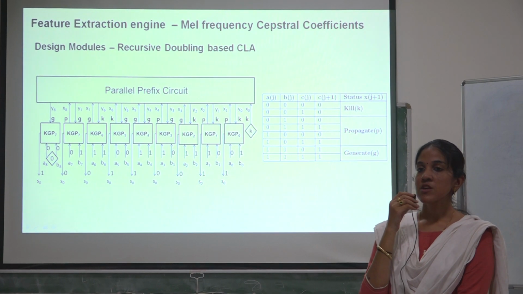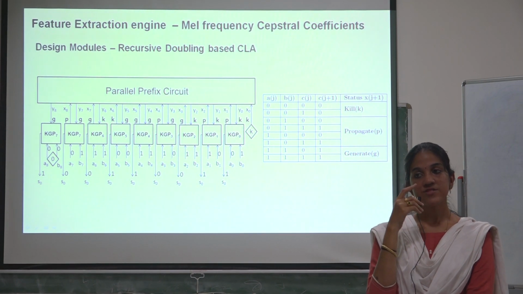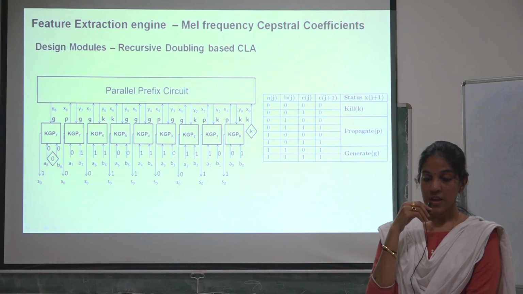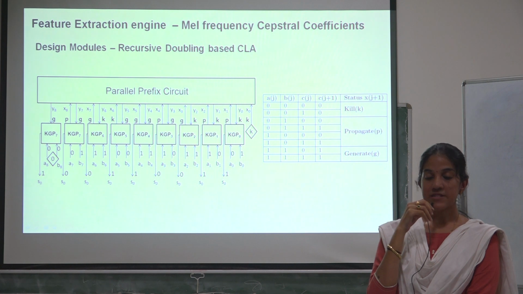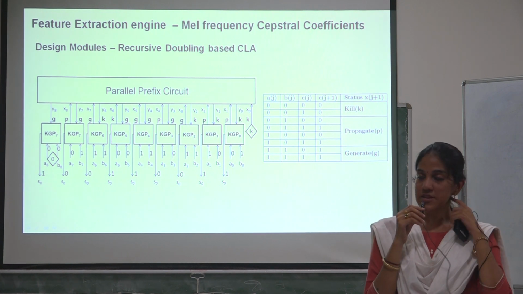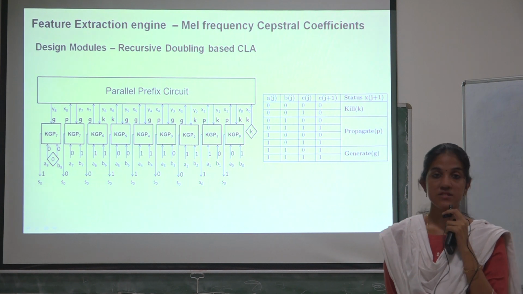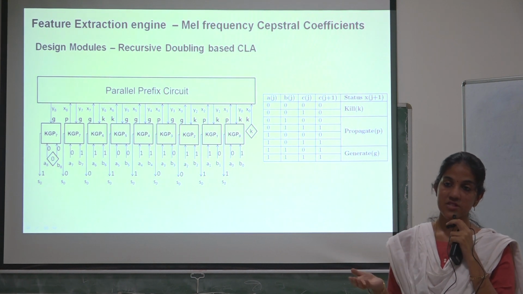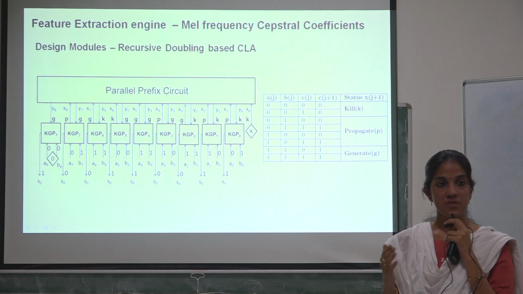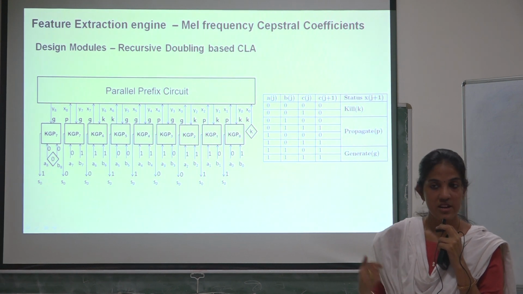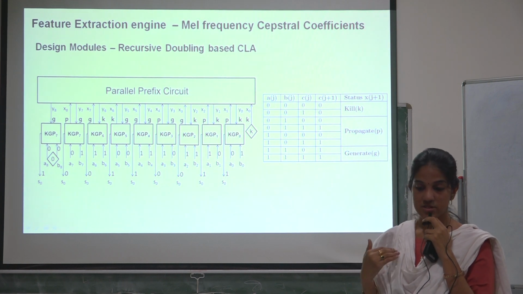and since we need to perform continuous MAC operations, the high speed adder is the major requirement. Basically, the idea of this recursive doubling based CLA is we observe the carry statuses of the present state and the previous state, and basing on the carries of the previous state, we find out the actual carry after log n stages.